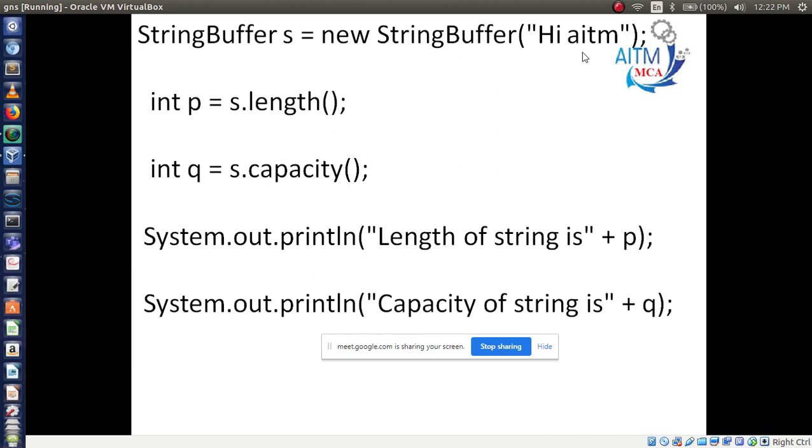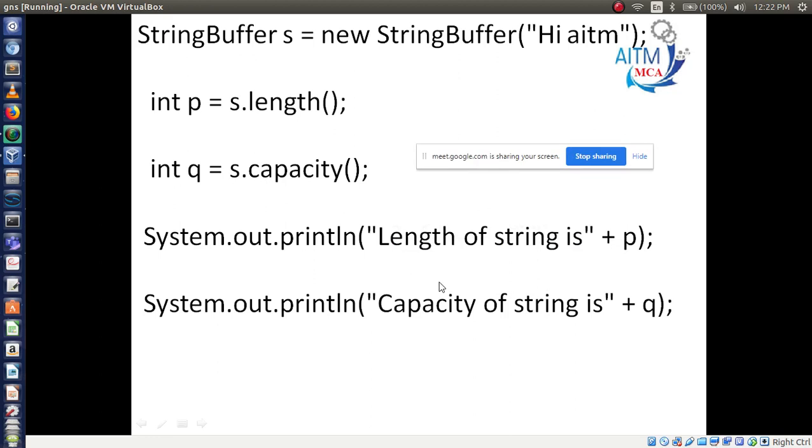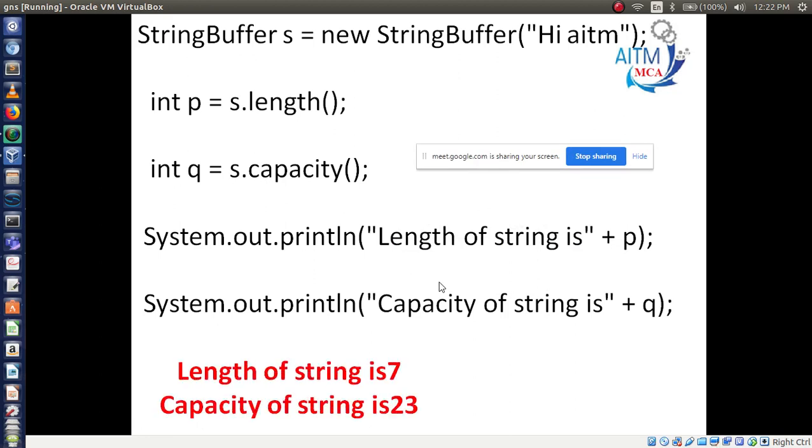So 16 plus 7, how much? 23. That is the capacity of this string. Whenever you are using these characters, you just add 16. If you want to display capacity, you just add 16, right?